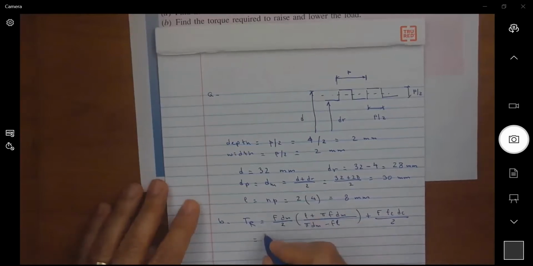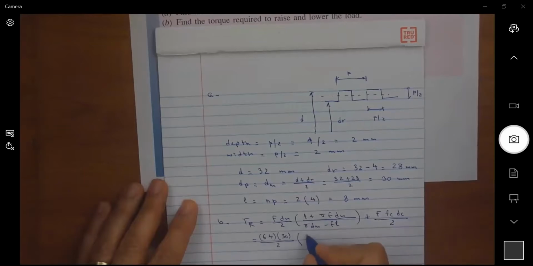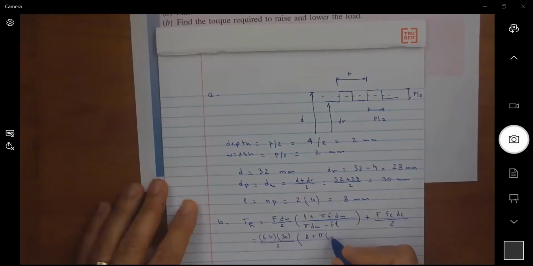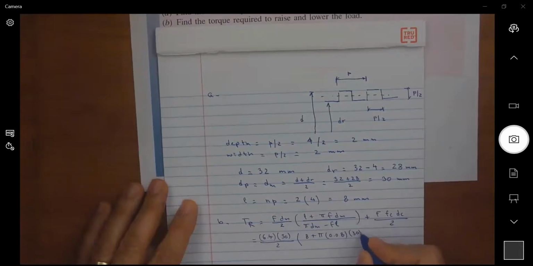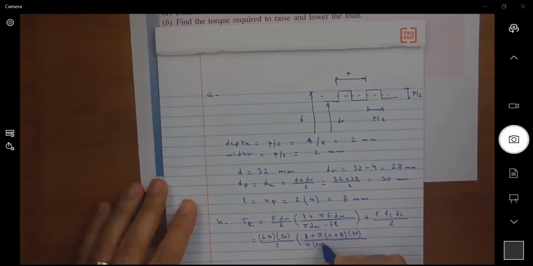For F, I have 6.4, so we're going to leave this in kilonewton, times dm, which is 30, divided by 2, multiplied by L, which is 8, plus pi times the friction coefficient, 0.08, multiplied by the mean diameter, which is 30, divided by pi multiplied by the mean diameter, which is 30, minus the friction coefficient, 0.08, multiplied by the lead, which is 8 millimeter,